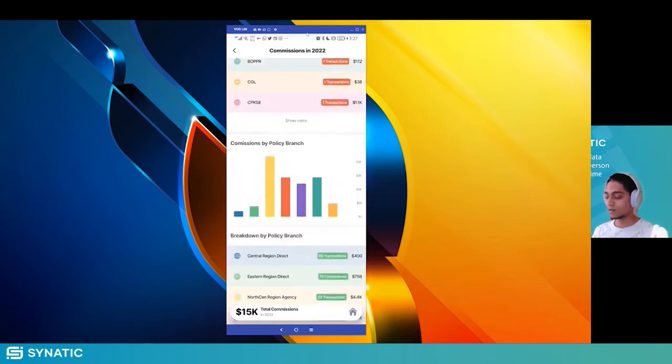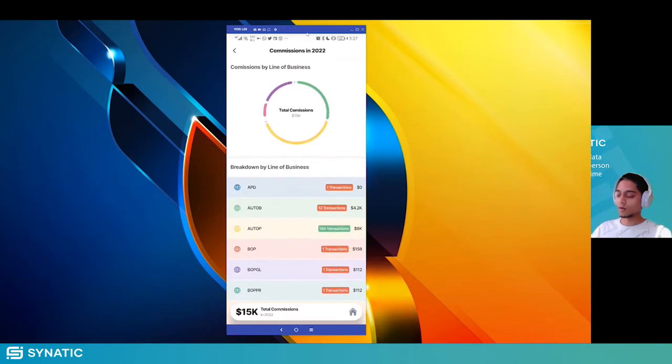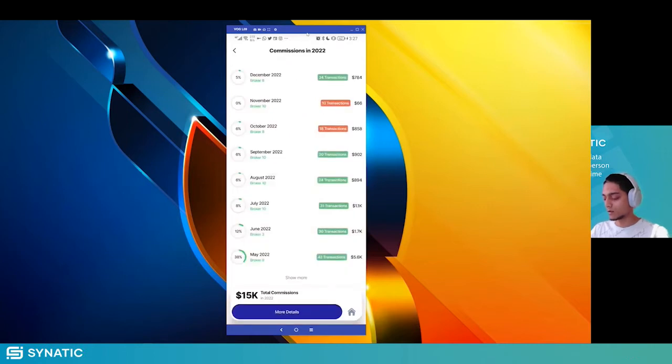Okay, and yeah, you can put as many as you want on here. So we've just taken a couple of examples. And yeah, that's the commissions aspect. So if I go back